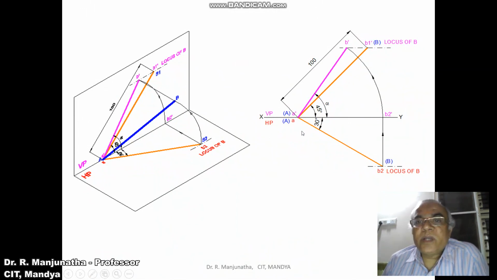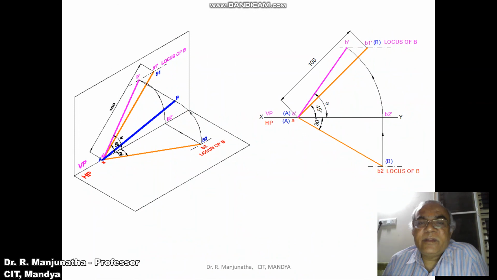Here also we are considering the true length in the vertical plane; true length in HP means it is parallel to HP. So you project this: A dash is in HP and B2 dash should also be on HP, then only this line will be parallel to HP. So A dash B2 dash is the line which is parallel to the XY line in the front view. Obviously its corresponding top view will be in true length. With A dash as center, taking the radius of A dash B2 dash, you rotate such that it cuts the locus of B in the front view here, then join A dash B dash with a dark line. So this is how we can analyze three-dimensionally and also in orthographic view.